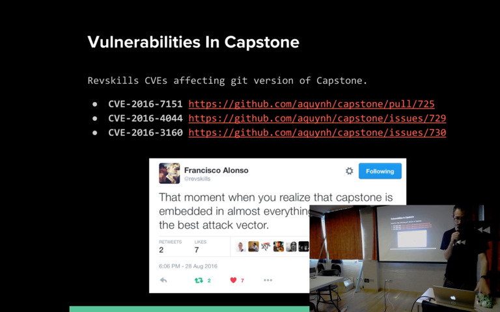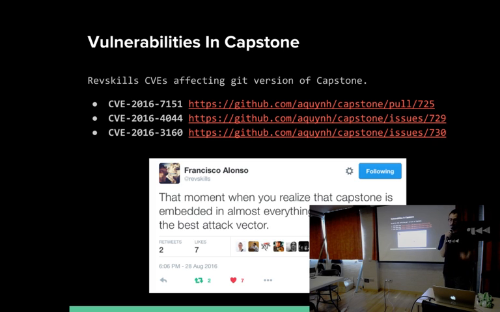Well, this is a list of vulnerabilities that LifeSkills found in Capstone. He found way more than this one, but they have a CVE assigned to them. The thing is that these vulnerabilities affect only older versions. The reason for this is because the last version of Capstone is 1 year old, and it's not shipped with Radare. Radare can build and compile against this library,